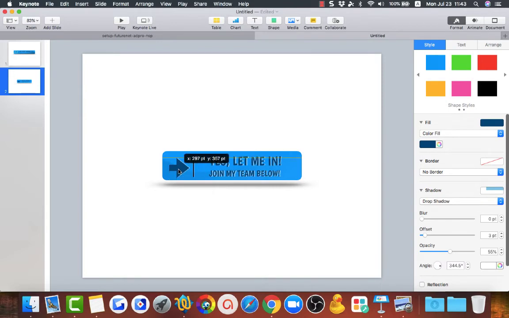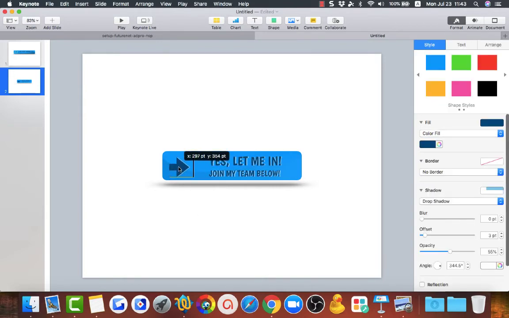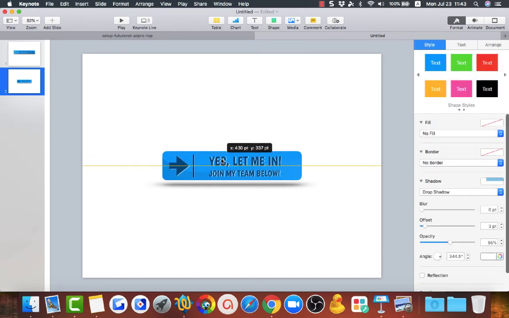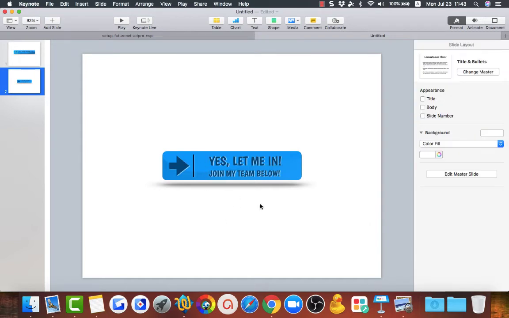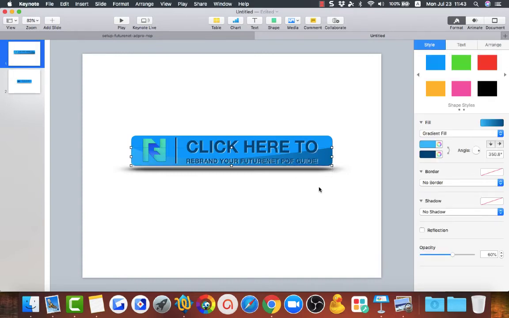So there you have it. A nice looking button. Yeah, a nice looking button. So of course, you could do however you want. What I also did was I also added an additional shadow